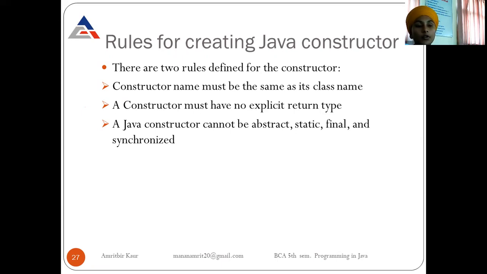We cannot write void Test, int Test, or float Test. So a constructor must have no return type. A Java constructor cannot be abstract, static, final, or synchronized. We cannot write static Test or final Test. So these keywords cannot be used with the constructor.